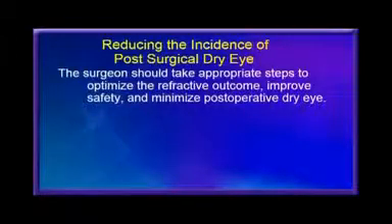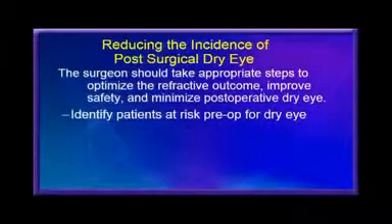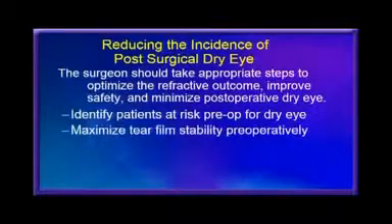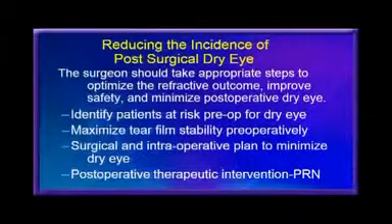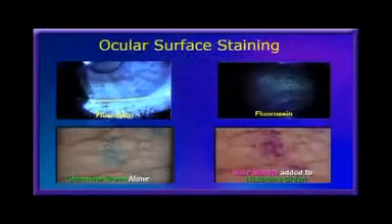So what can we as surgeons do? I'm going to keep hitting on this. We need to identify the patients pre-op that have dry eyes or a tendency to dry eye. We need to stabilize the ocular surface as much as possible pre-operatively. We need to plan our surgical approach to perturb the ocular surface as little as possible. And we need to watch our patients post-op, so if they do develop dry eyes and problems with the ocular surface, we initiate therapy early and get them reversed.